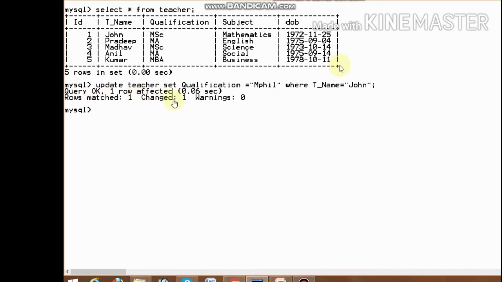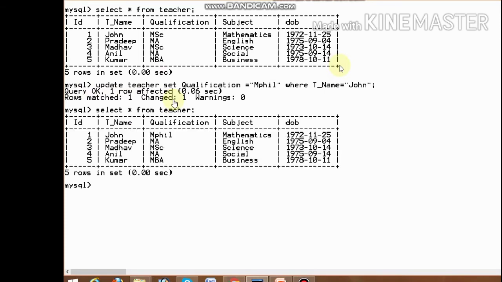See, query OK, one row affected, that means one row is changed. Another select asterisk from teacher. See, John is changed to MPhil. At the top it was John MSc, the qualification is changed.